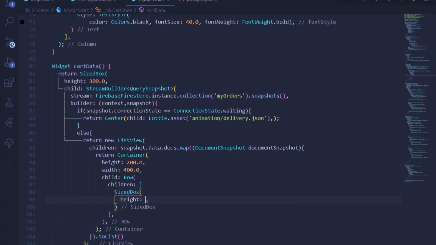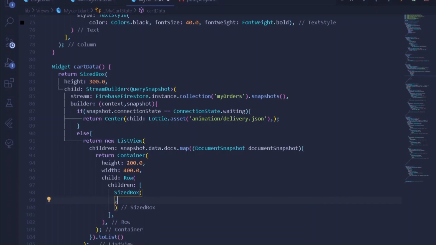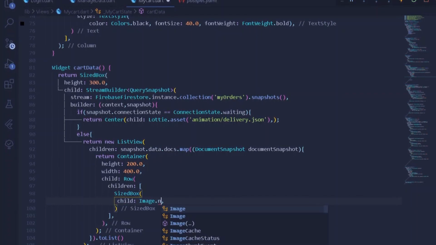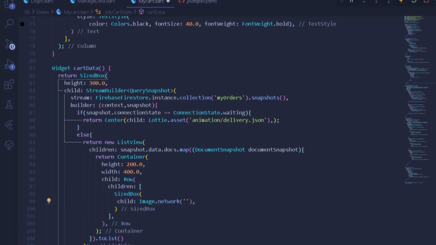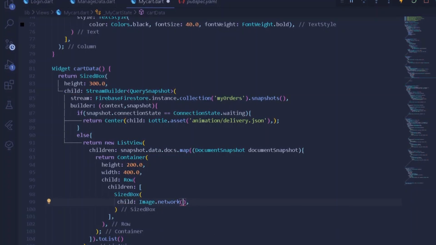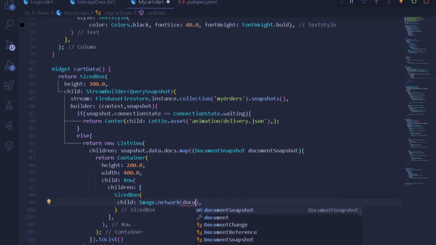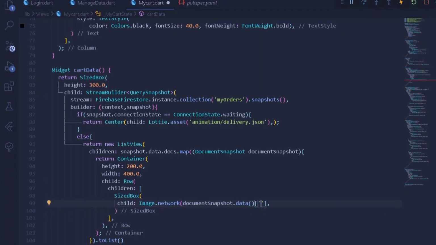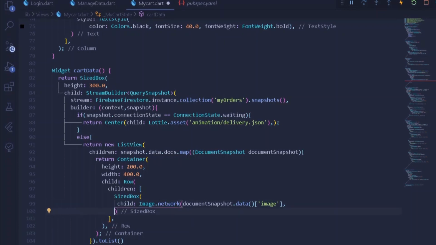So here I will be simply having a height to my size box. So under our child to be our size box, I can simply add here image.network, and for the following value, instead of having a plain text, I can simply add here document snapshot.data, and from this I shall be simply returning the image.